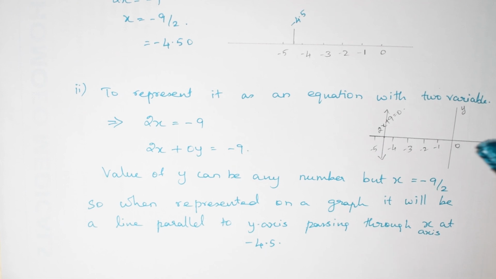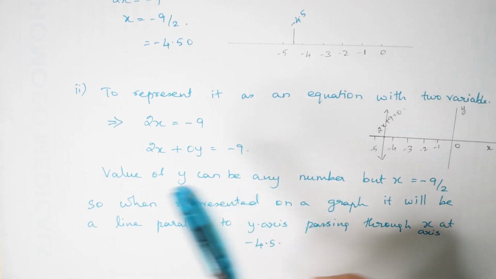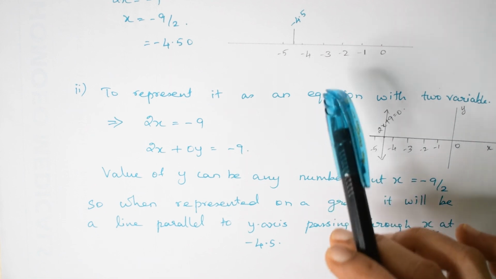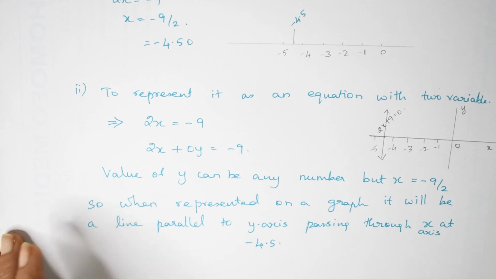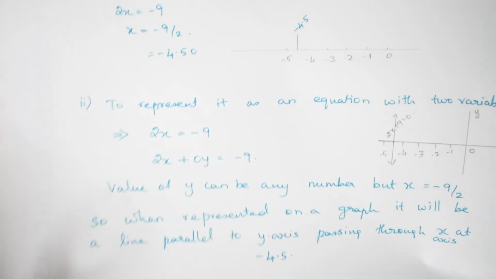Okay, that's it. This is how we represent a linear equation with a single variable and with two variables. When any sum like this comes, you can see that one of the coordinates will be missing and you will be adding the coordinate to the equation. We will be introducing 0x or 0y. That's it. With that, the lesson on linear equations in two variables is over now.